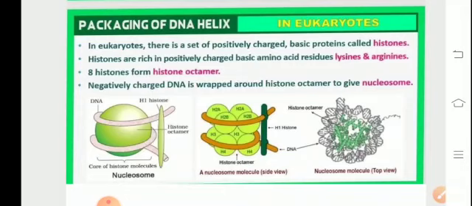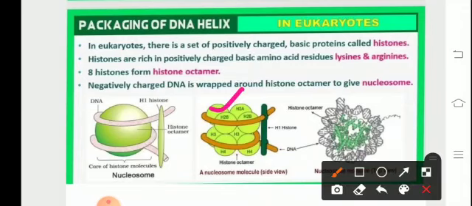Histone packaging is a common mechanism throughout eukaryotes, and the structure of histones is highly conserved. They contain a high amount of positively charged amino acids, lysine and arginine. H2A and H2B contain more lysine, and H3 and H4 contain more arginine. H5 has the highest ratio of arginine and lysine.